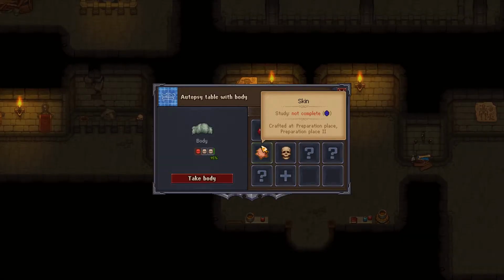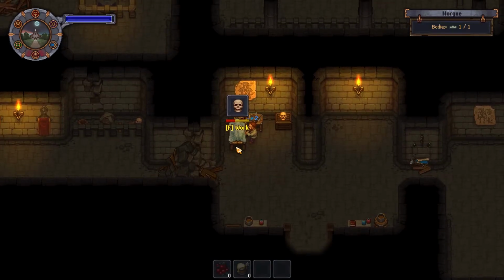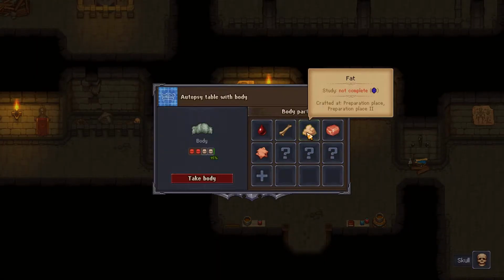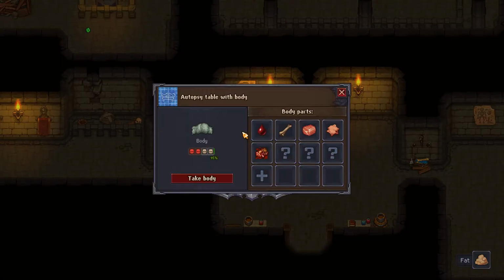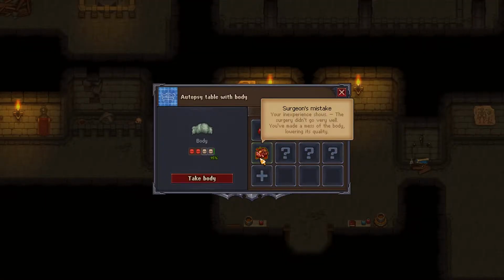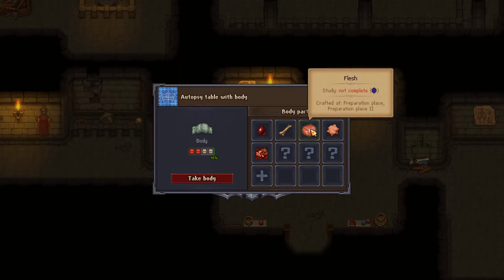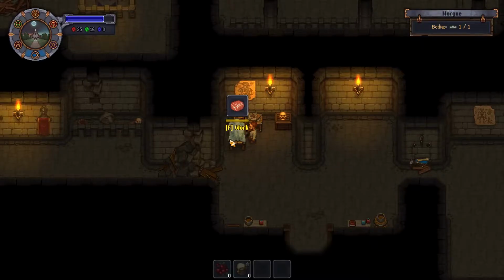Straight in here. Let's see, we'll take out your skull. And this should make you a +4 with no problem. Let's take it. Oh, no. We made a surgical error. So, okay. Well, since we made a surgical error and you're not going to be a good buddy anyway,